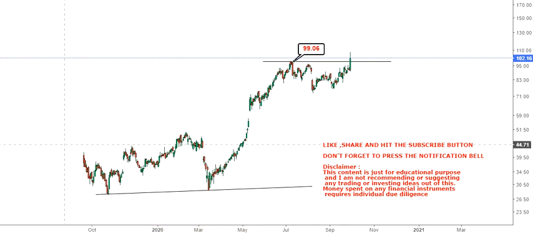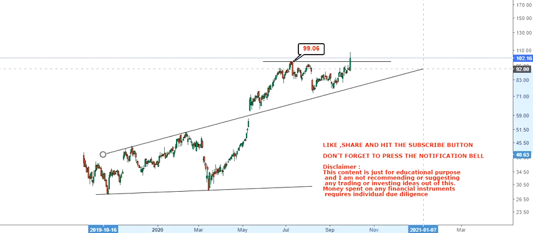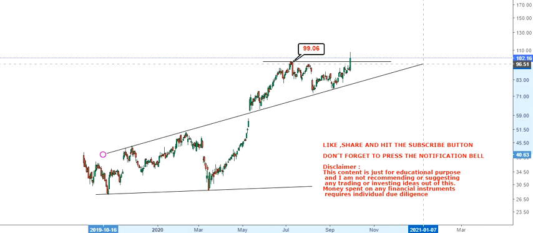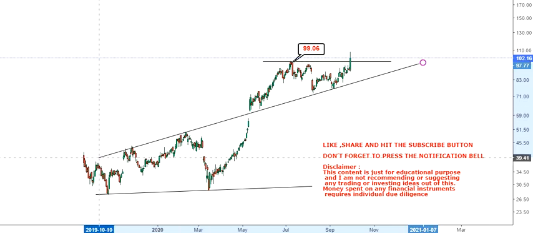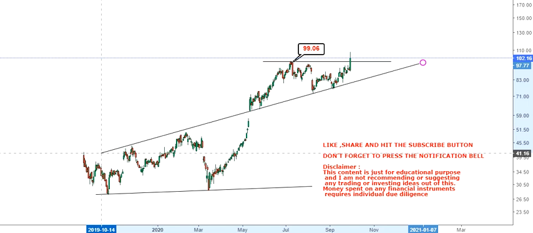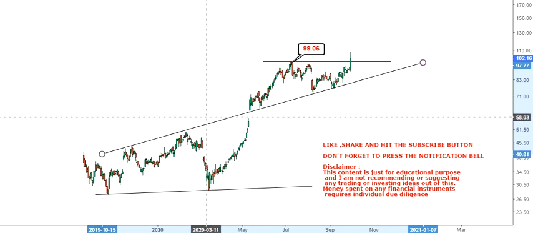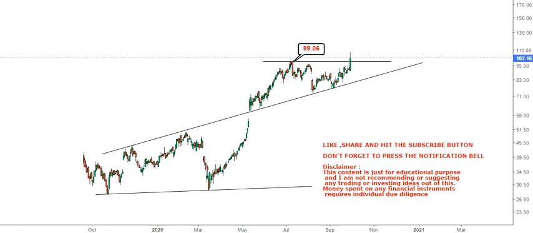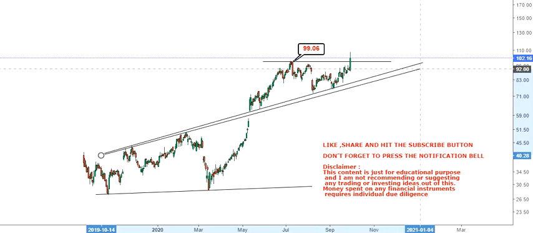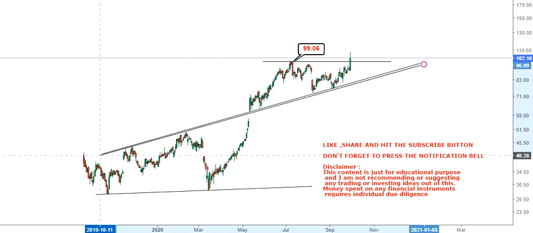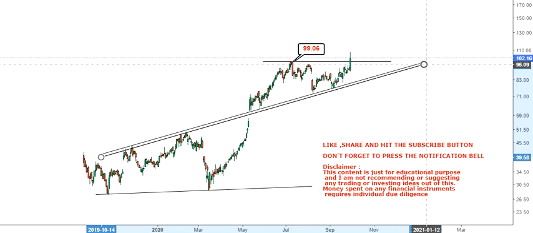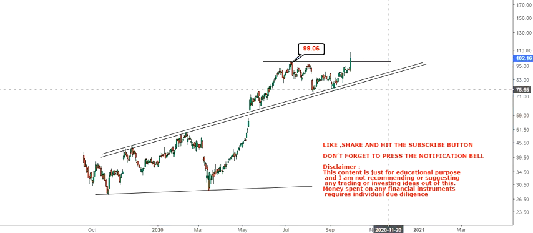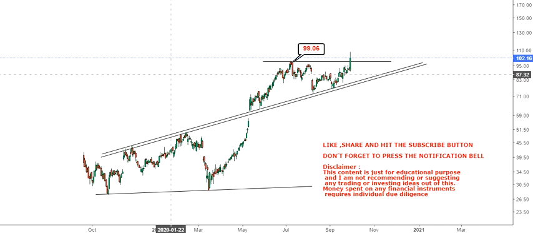First you have your levels like that, the support level, and you have your trend something like this. If you make a trend line like this, you will find some synchronicity in the line and you will see how things have shaped up. Now the trend is pretty simple here.